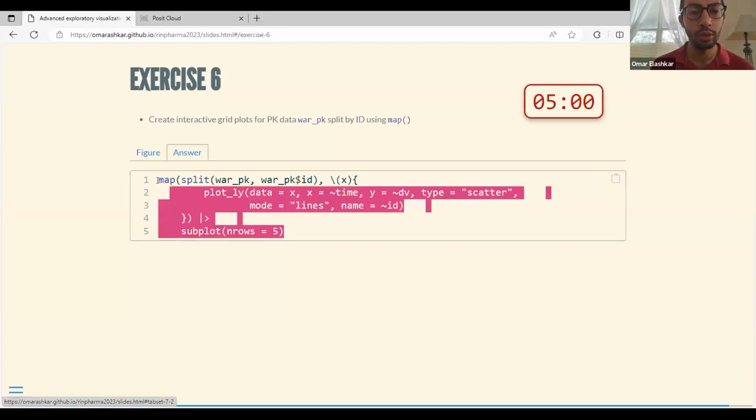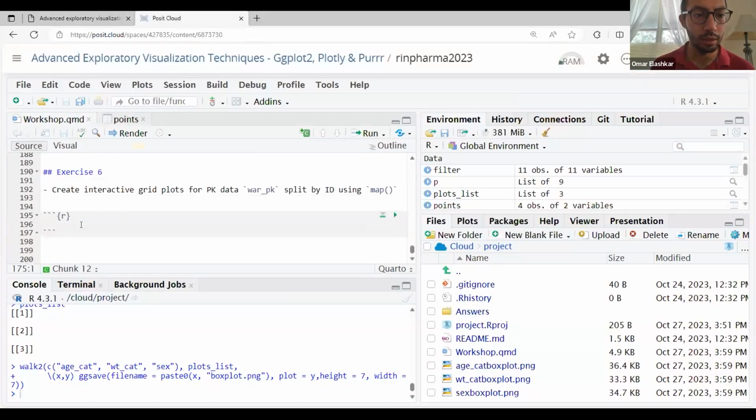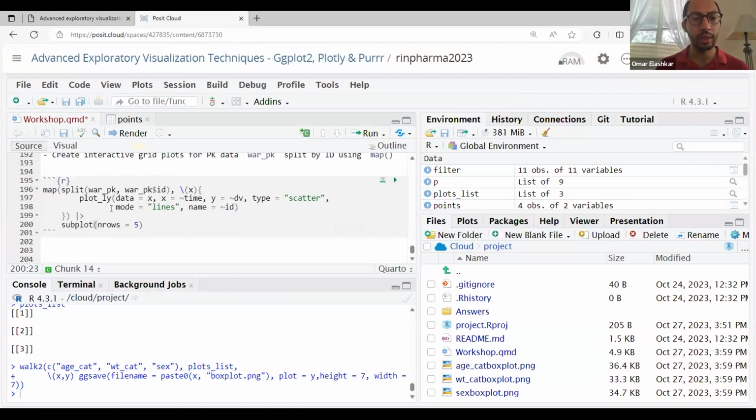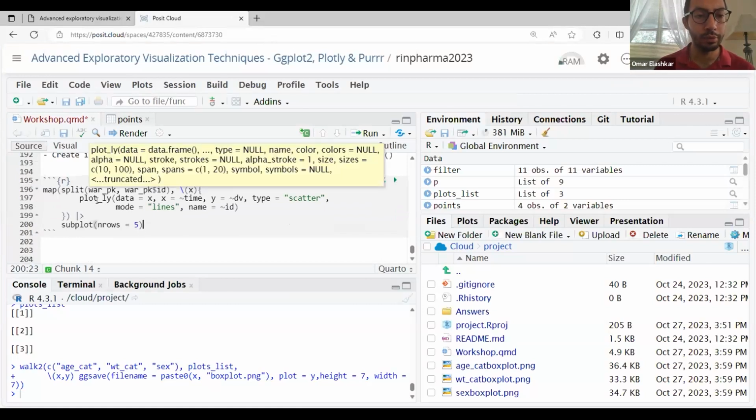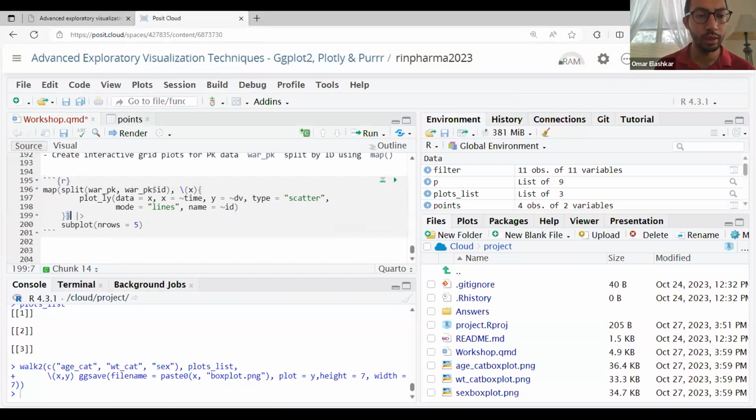So what this code here is doing is that it will create all of the plots that you have, and at the end, it will create a list of multiple Plotly figures, right? If you run this code, it will create multiple Plotly figures, and each one of them is going to be for each ID. And at the end, you will combine all of them in a subplot. I specified here that I need 5 rows, right? So if you run this one here,